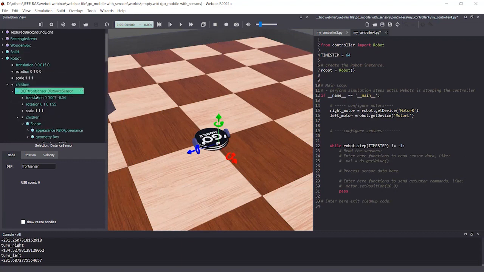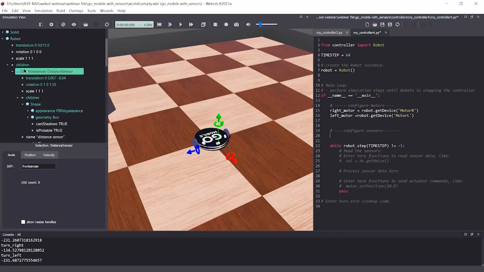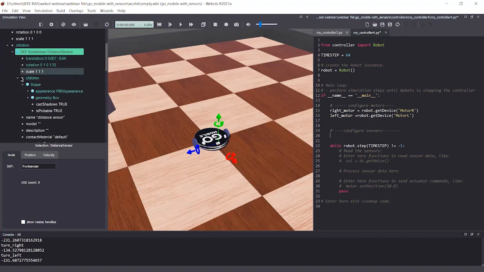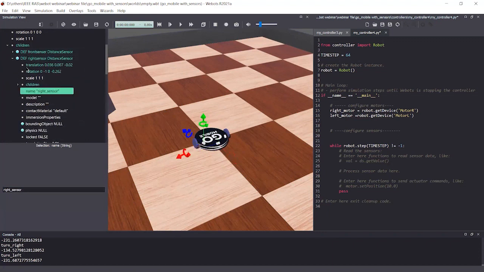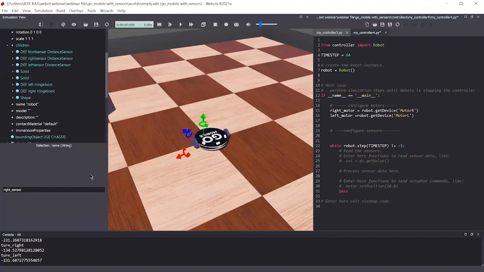Under this front distance sensor node you can see the name. Here I'm going to change the name to front sensor. Then this is the right sensor, name is right sensor, and the left sensor name is left sensor.